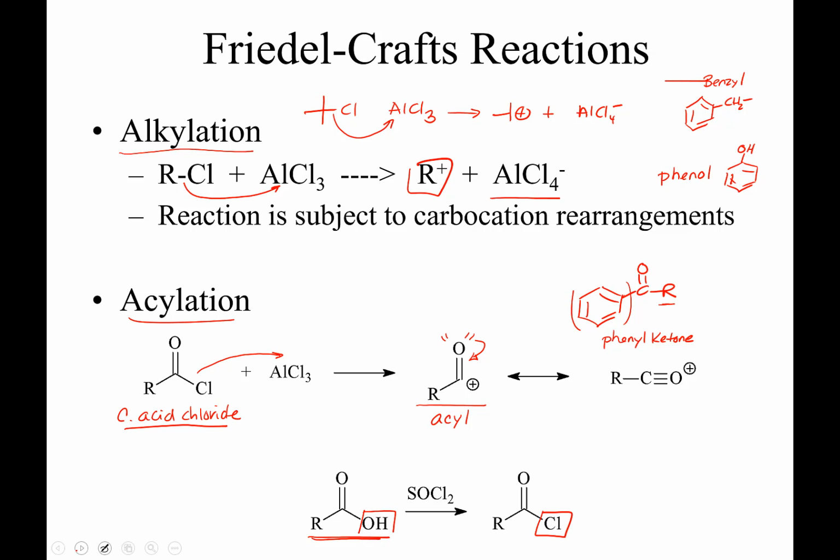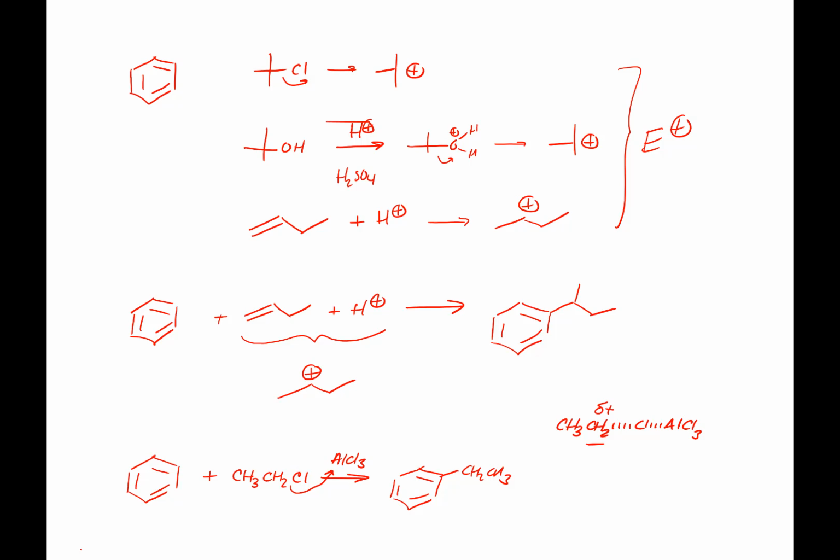Now, you might say something like this. So how does it work with ethyls and methyls? Because it will work with ethyl and methyl. So if you take this benzene ring and you add to it ethyl chloride along with aluminum trichloride,